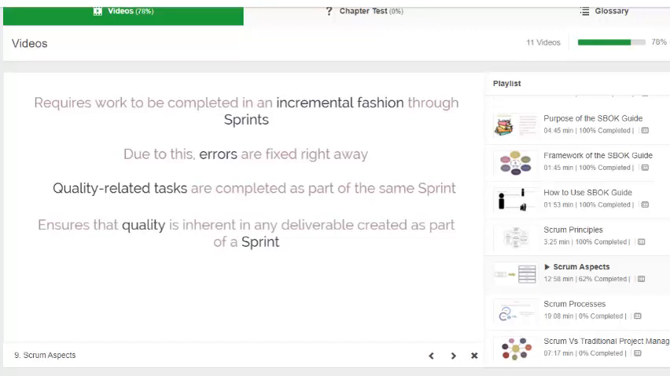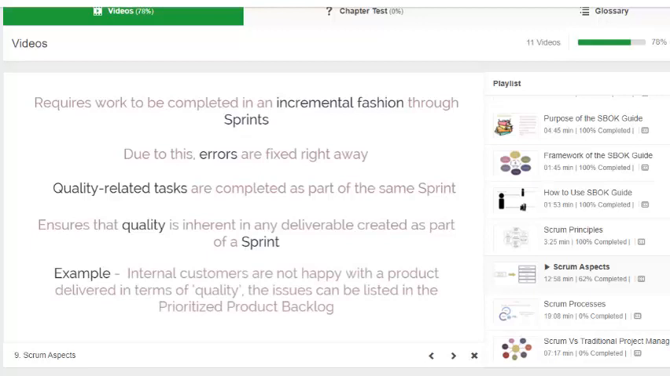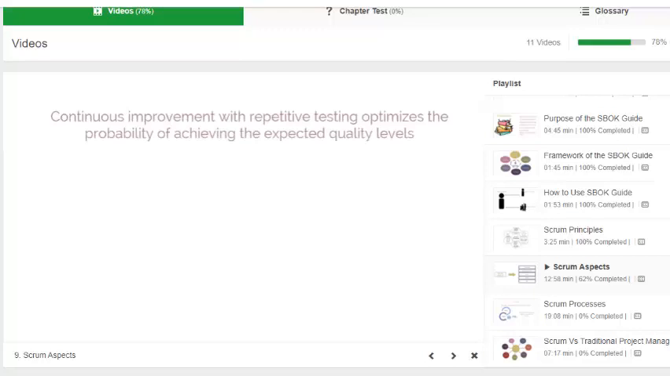Such deliverables from Scrum projects, which are potentially shippable, are also referred to as done. For example, if internal customers are not happy with a product delivered in terms of quality, the issues can be listed in the prioritized product backlog. These kinds of issues will be addressed during the sprints, and the team will try to fix them so that quality is not compromised. Thus, continuous improvement with repetitive testing optimizes the probability of achieving the expected quality levels in